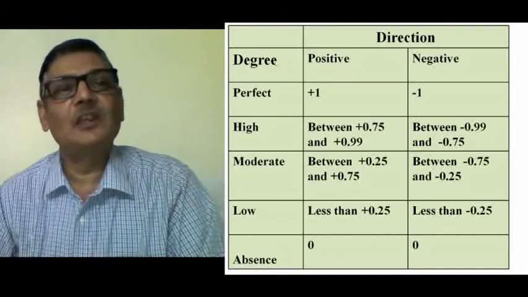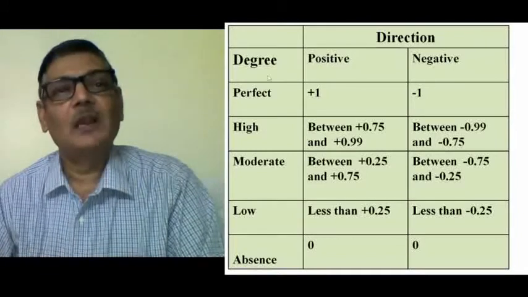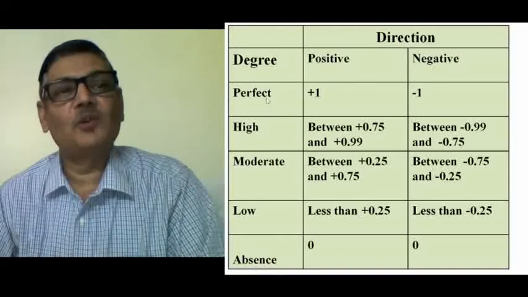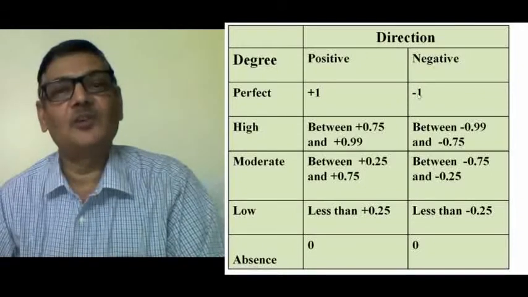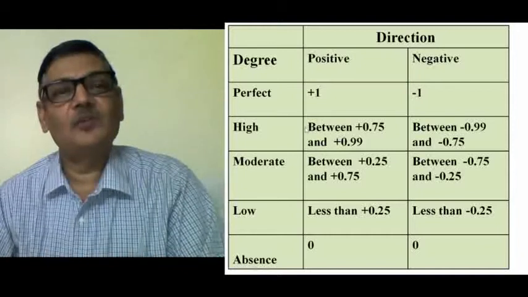Now we can see the extent of correlation, that is, the correlation could be positive or negative. We say perfect correlation when the value comes exactly 1, because the correlation coefficient, which is indicated by r, ranges from 0 to +1 and also 0 to -1. So there will be perfect positive correlation if this value comes +1, and if it comes -1, then there is perfect negative correlation.